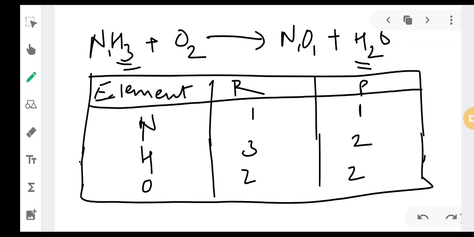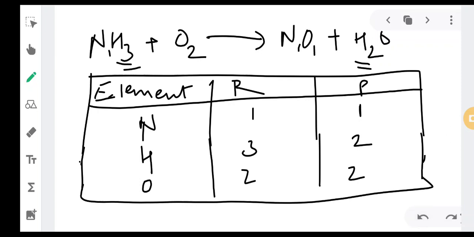Whenever equations are not getting balanced in such a format, you need to increase the number. Suppose you have put 2, you have put 3, now increase the number, put 4, put 5, put 6, so that the equation will be balanced. How it will be balanced, we will just see. Suppose we had put 2 over here, now put 3 over here.